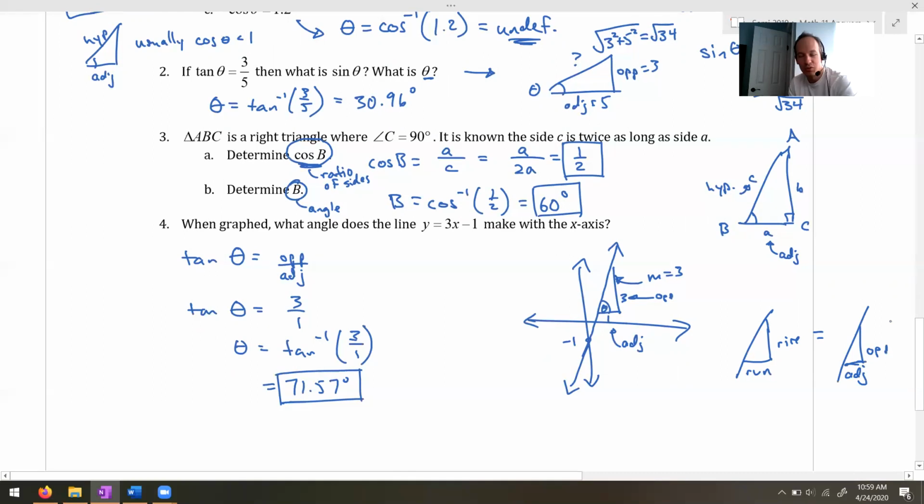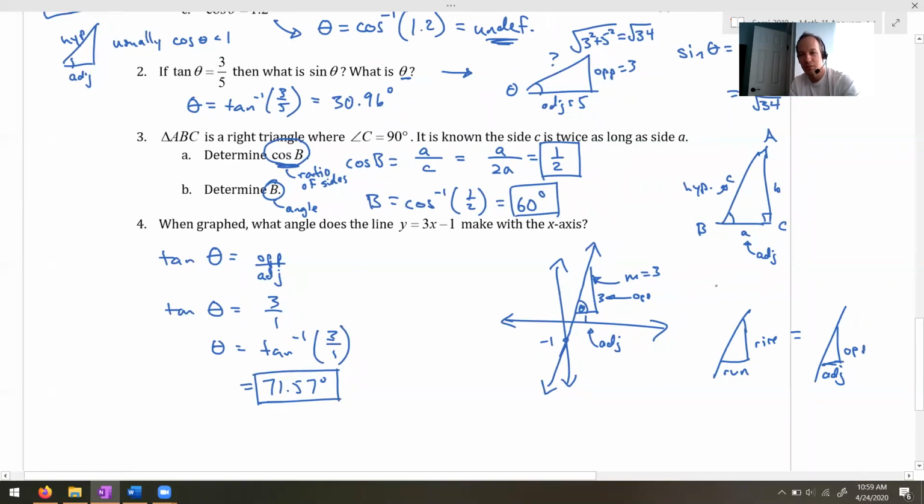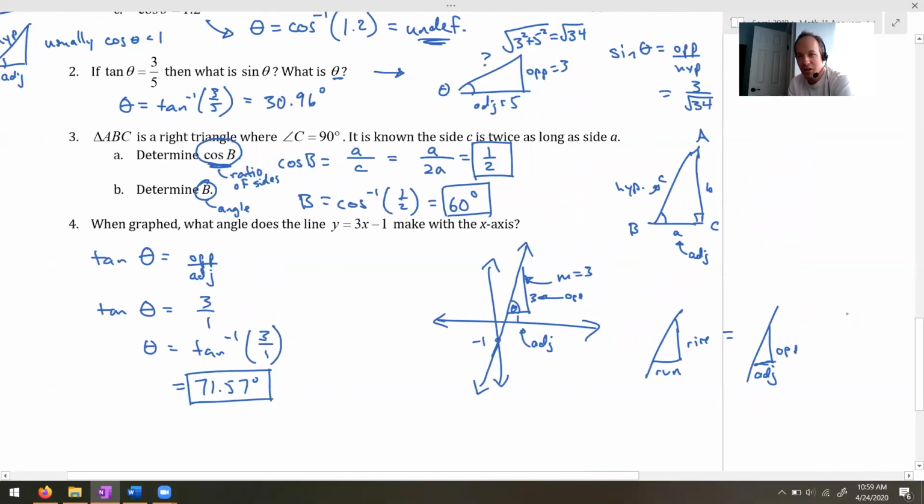And for some people who are knowledgeable about these things, they might also have heard of a tangent line. If you have a curvy graph, like let's say your graph maybe does this sort of thing and it curves, and you want to find the slope at one specific point, you would pick a point and you would draw a straight line there, and you call this a tangent line. It's actually called a tangent line because of the fact that it's related to the tangent ratio, where you've got rise-run, which is opposite over adjacent. So just a fun little bit of